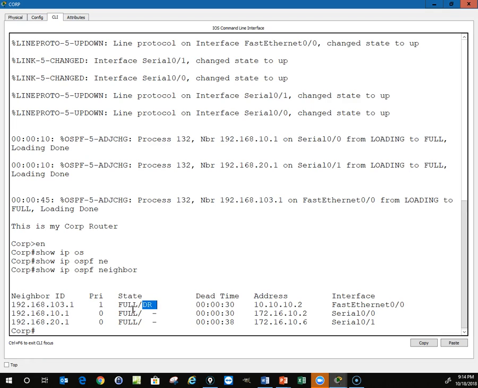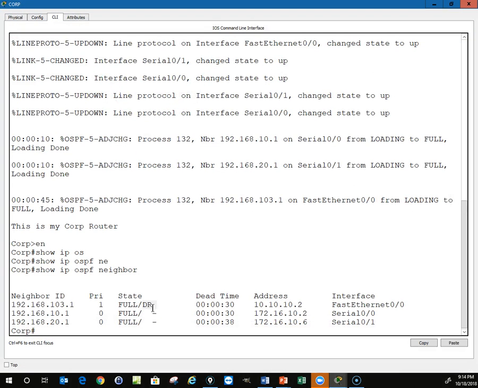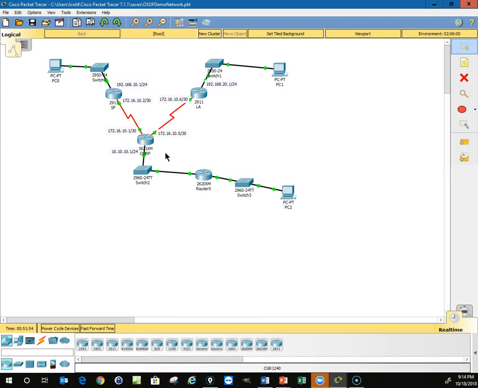Full, and the designated router we only need in the Ethernet connection, and in this one we have one Ethernet connection and 2 serials. So the 2 serials show up as full, but we don't need a DR for them. And the neighbor ID, the ID is the highest IP address on these things. And if you look at these things, they will be the highest IP address,